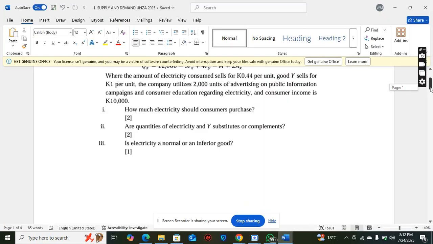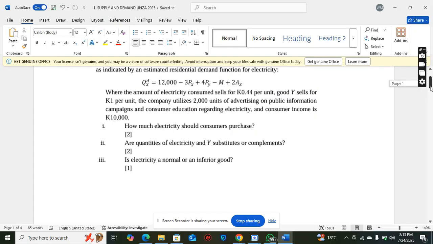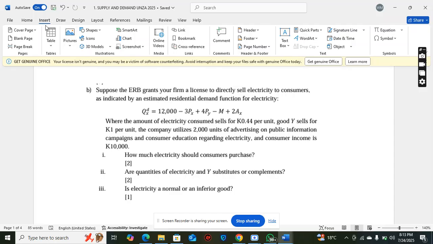Okay, so we're looking at questions dealing with demand functions. Here's our first question. It says, suppose the ARB grants your firm a license to directly sell electricity to customers, as indicated by an estimated residential demand function for electricity. Right? So we've been given a demand function here,